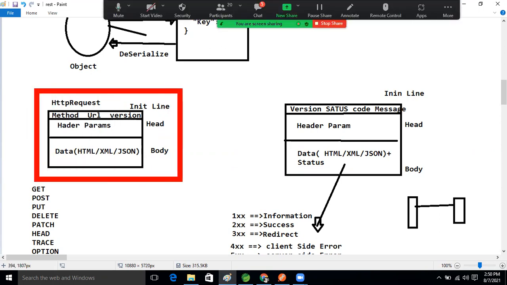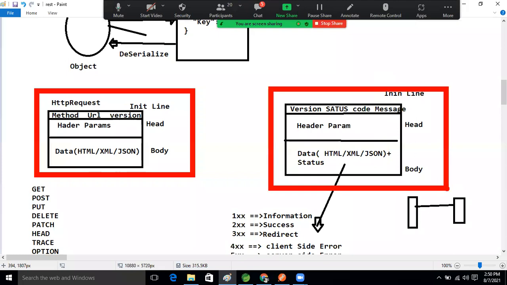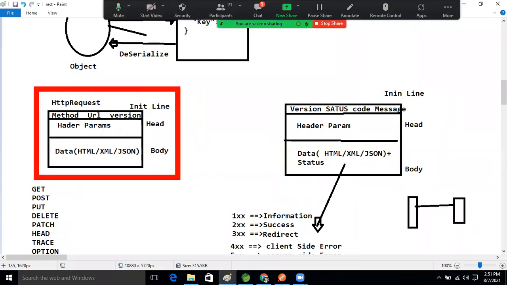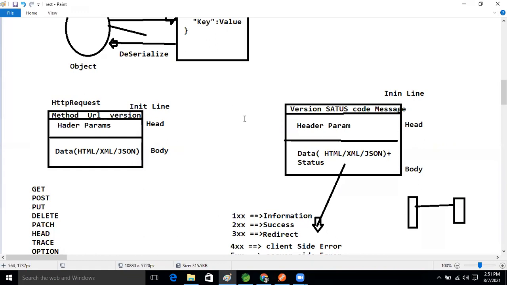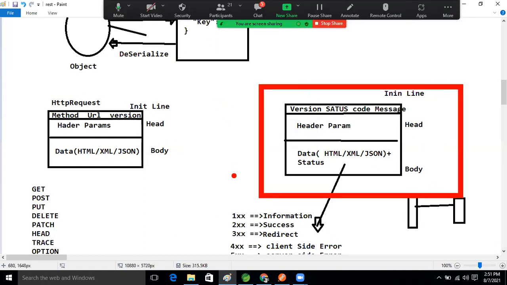But this time, don't focus on the HTTP request area, guys. Just focus on this area. Forget about this area; later I will explain it virtually. I will show each and everything to you. Currently, don't bother about this one. My intention is to explain this area currently.